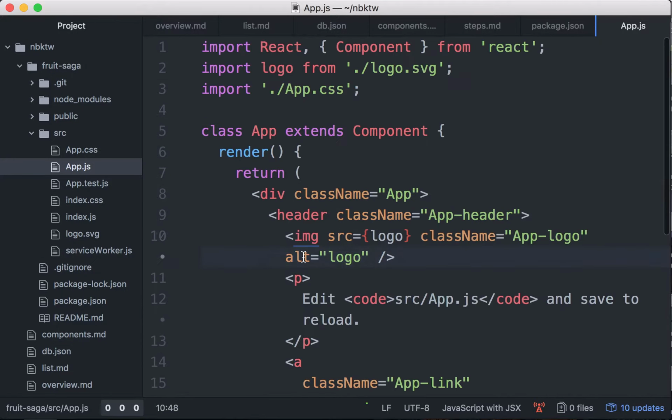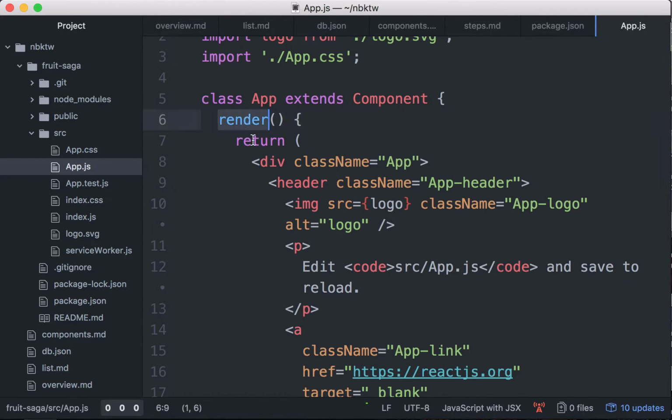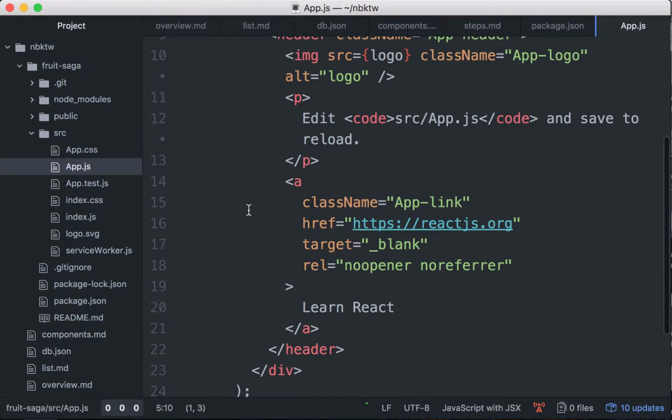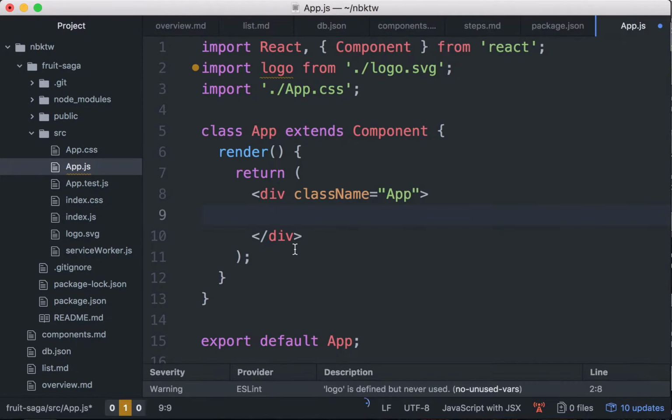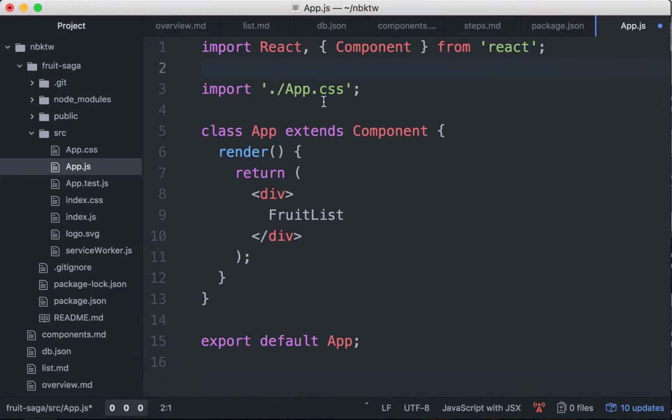What I'm going to do is, just for the render function, the render method of the app, I'm just going to return a simple div. I'm going to delete everything inside, alright? I don't care about the class name. I just want a div right here. I'm going to type four at least so there's something there we can see. I don't care about the logo, I don't care about CSS, but if you want to leave it there, it's